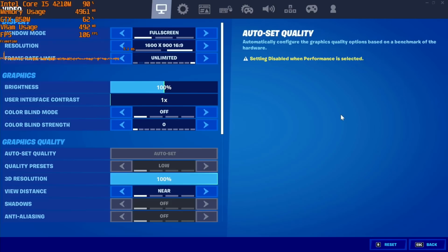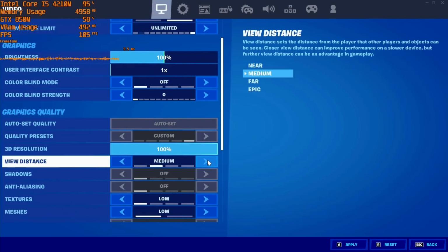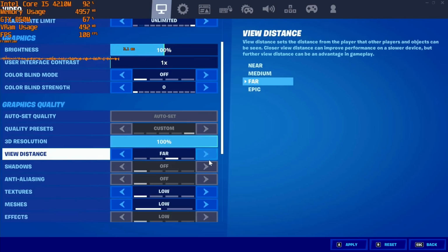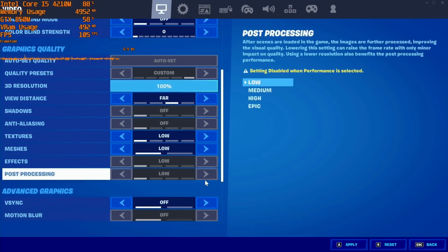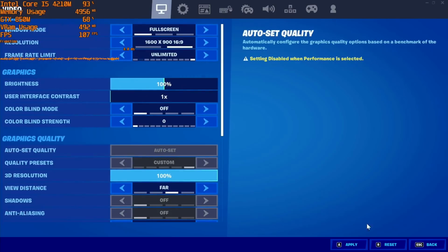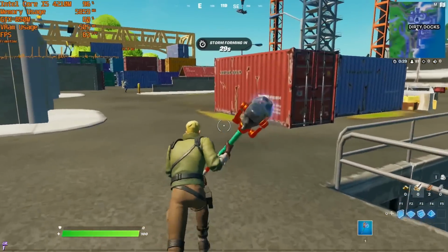Okay, so let's jump into Fortnite now. Once again, 1600 by 900p native resolution. We left the scaling at 100%, though I did switch to the performance mode API and chose the far view distance, because this does allow you to see your enemies further away, which is always helpful in a competitive shooter